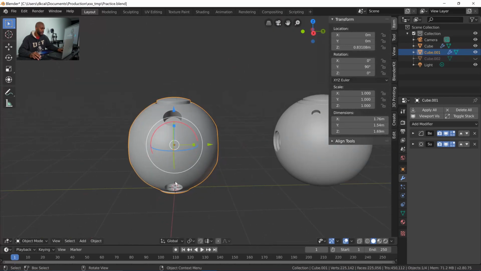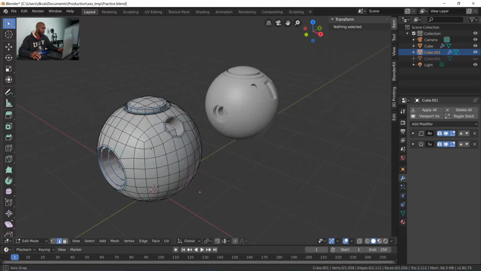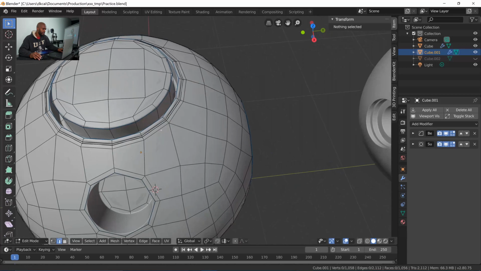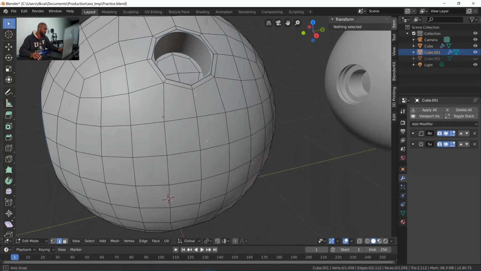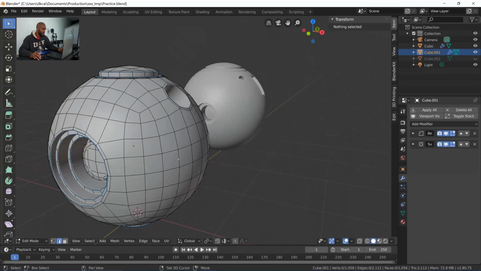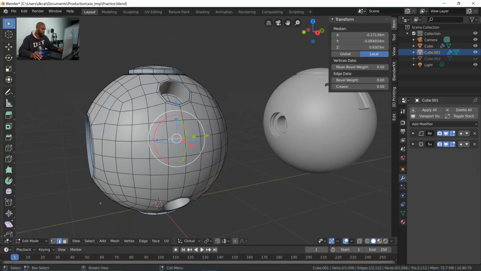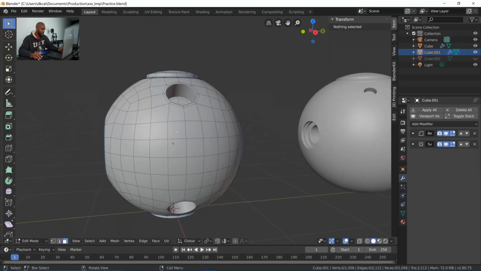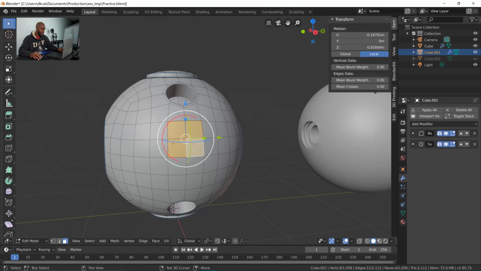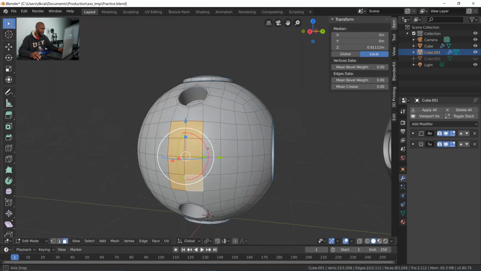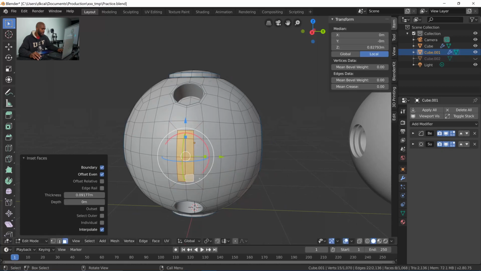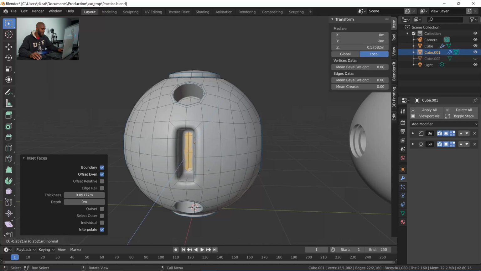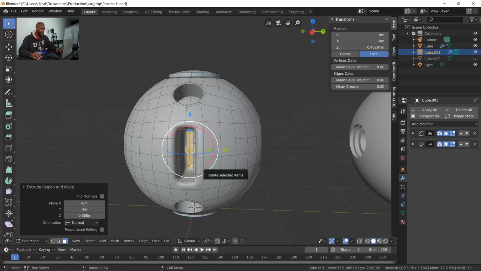Just like that. So then we're going to do one more thing, just like we did this inset little button here. We're going to go into face mode, grab this face, this face, this face, this face, this face, this face, this face, and this face. We're going to inset those faces pretty far, actually. We're going to extrude them in, inset them again,